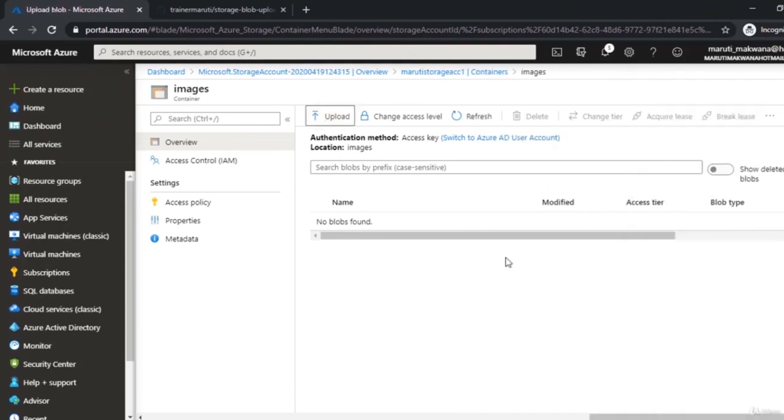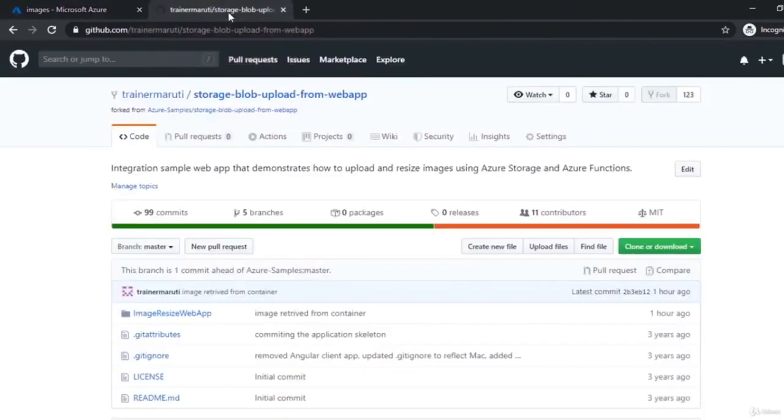But I do not want to upload images directly from this portal. I want that somewhere I should have my application, and through the code of that application I can upload things into this. To understand this, we need to use Azure Storage APIs, and to do that I have one sample which I have created and I have shared with you in this repository. So for you also, if you just go to